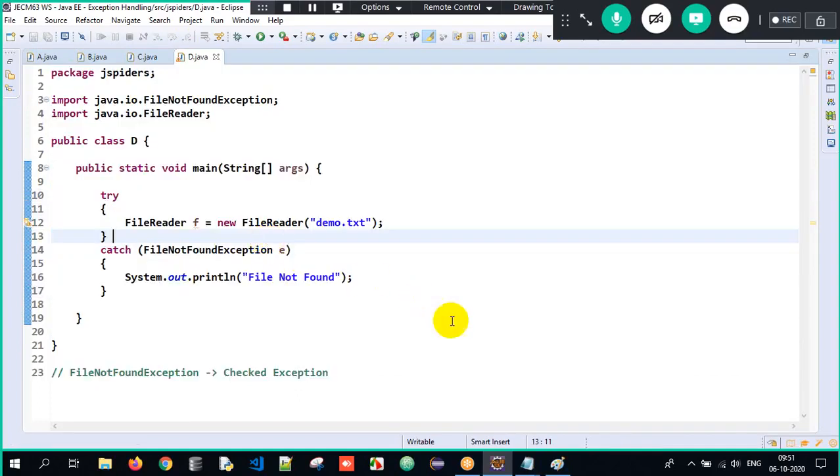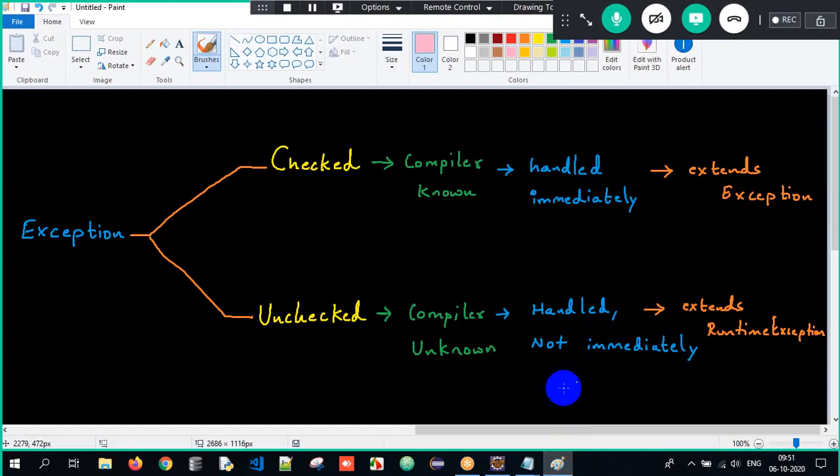So in simple terms, checked exceptions are compiler-known exceptions which force us to handle them immediately. Unchecked exceptions are compiler-unknown exceptions wherein we need to handle them, but the compiler does not force us to handle them immediately. And this is one of the most important points.